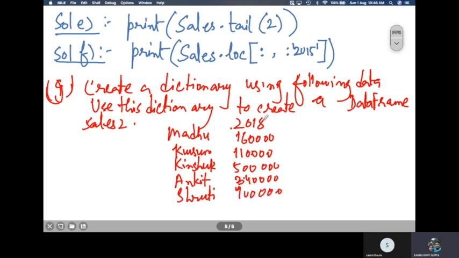So create a dictionary using the following data, and use this dictionary to create a data frame sales 2.